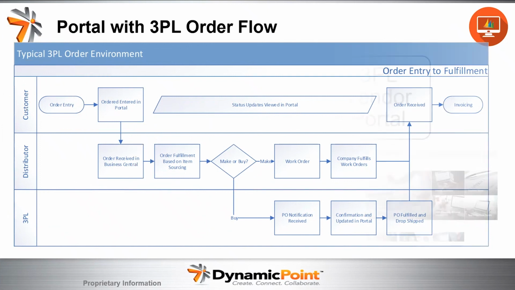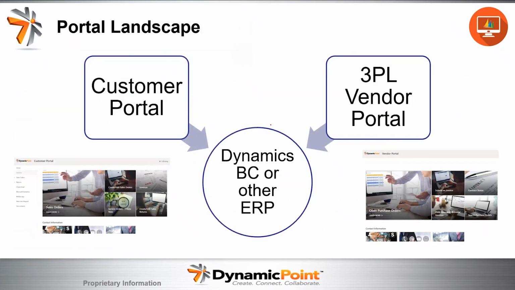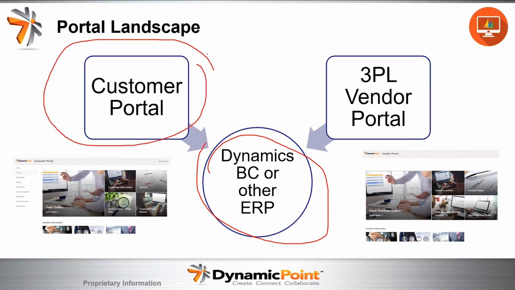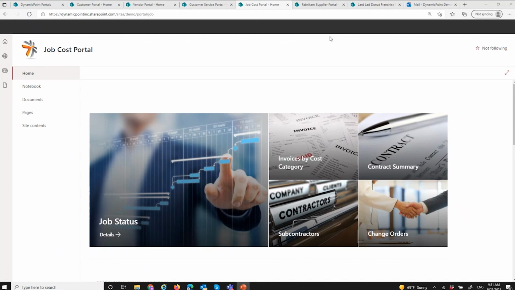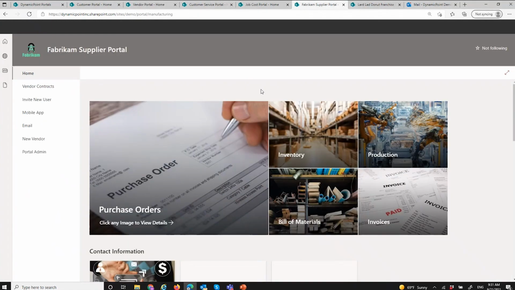And ultimately what that looks like is, Business Central is serving as the system of record. As I mentioned from the beginning, the portal is more or less a window into that. And we had a view specific to customers showing their applicable data, and then another view specific to vendors, of course, showing their data, which in this case was POs, and for the sake of customers was orders. So let's quickly flip back and look at more of a supplier portal.